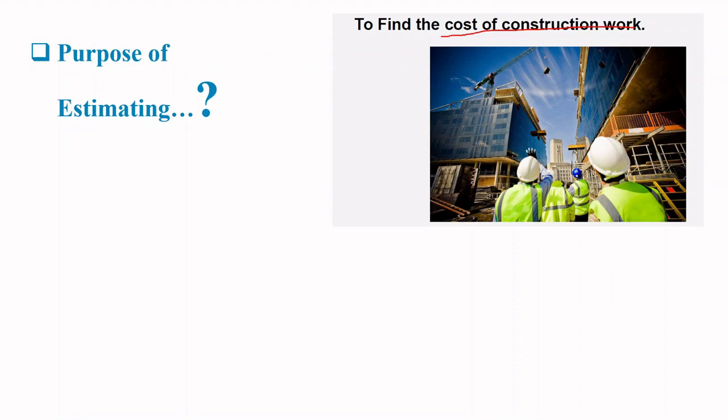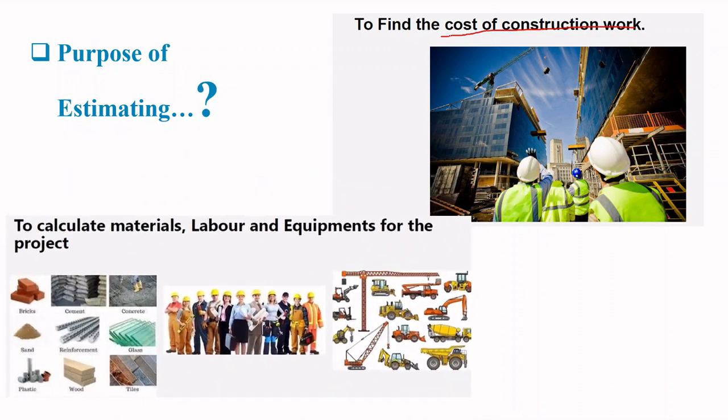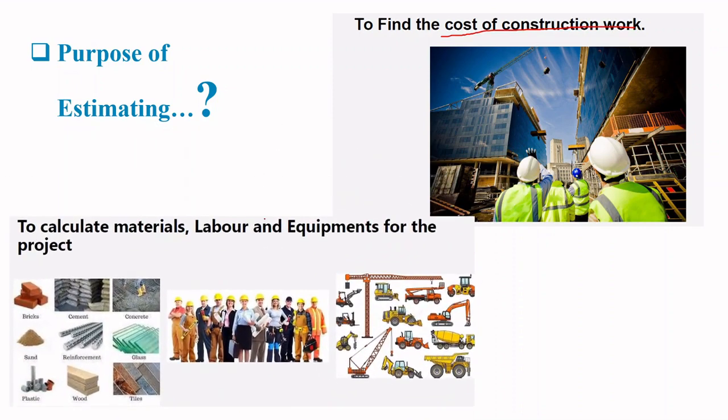If different works are there, then you have to calculate materials, labors, equipments for that project. What are the materials you need? It may be brick, cement, concrete, steel. It is with regard to the civil industry, right? For that material, you need labor to fix them. For some work, like excavation, you need the tools and plants also, right? So you need to calculate them also, so that you can pay the labors, and you have to give rent for the equipment, so you have to take account of that too.